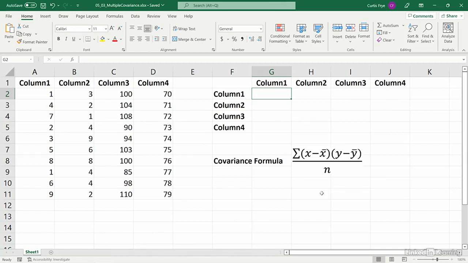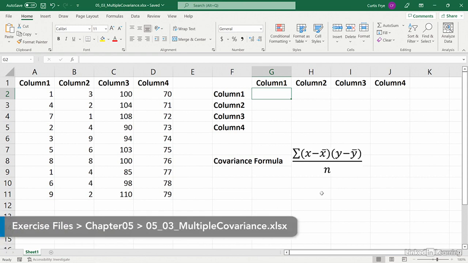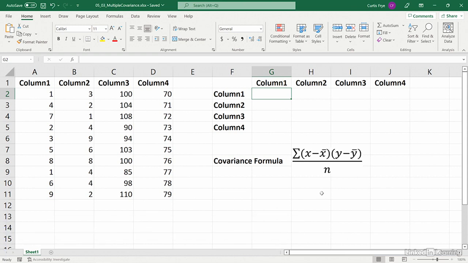In the previous movie, I showed you how to calculate covariance for two columns of data. In this movie, I will show you how to do it for multiple columns of data by creating a grid. My sample file is 0503 multiple covariance, and you can find it in the Chapter 5 folder of the exercise files collection. I have 4 columns of data in this workbook, and you can see them over here in columns A through D. And then I also have the covariance formula over here on the right as a reminder,